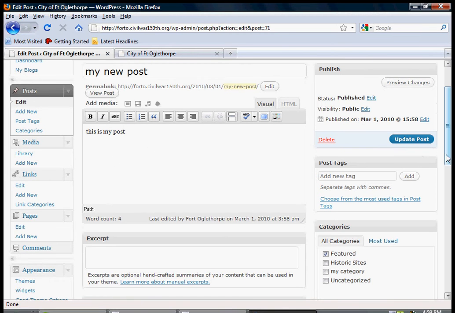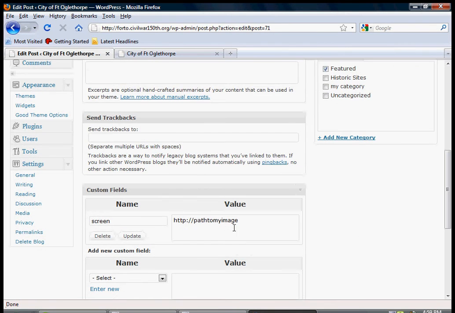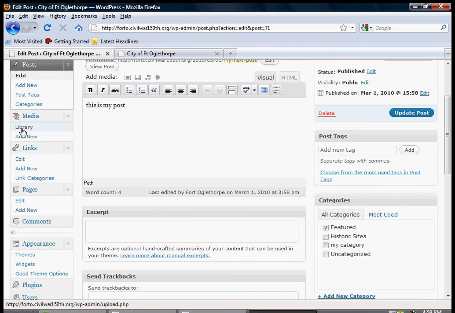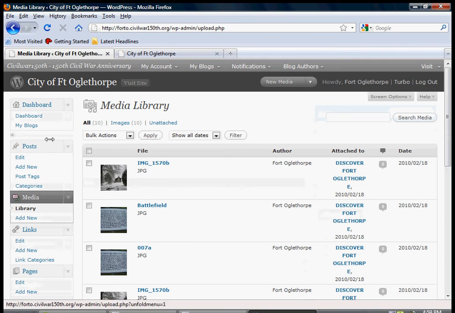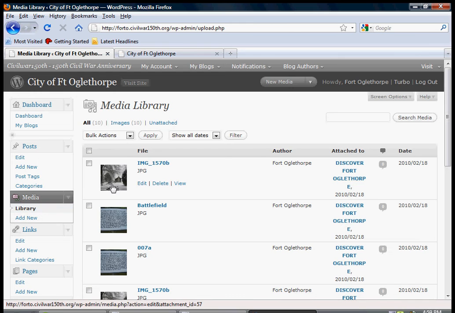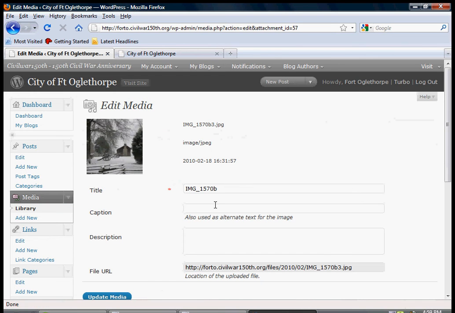To add that screen area for this path to my image, I would simply go into my library. These are where your images will be. I could add new images to my library by clicking on browse, then finding the image on my computer, and then clicking upload. When you do that, it'll show up on your library. In this case, I'm going to choose this one. If I click on it, it gives me the URL of that image. I can simply highlight it, click on edit and copy, go back to my posts,